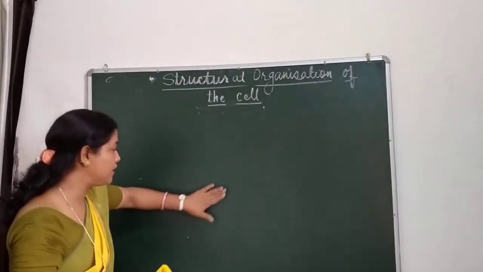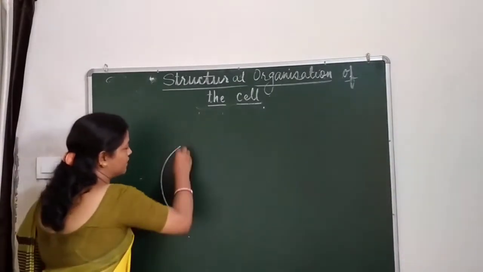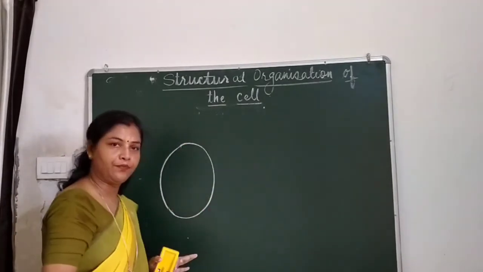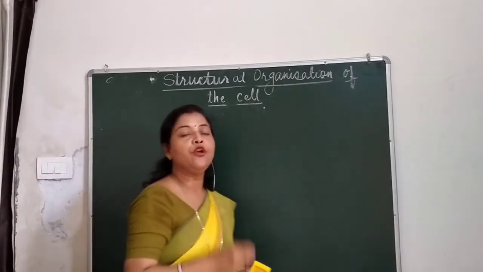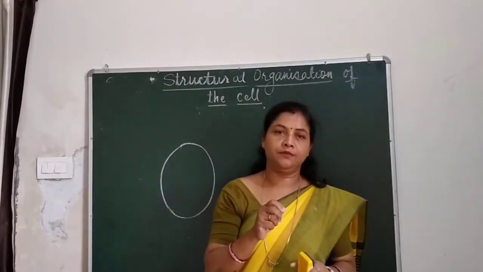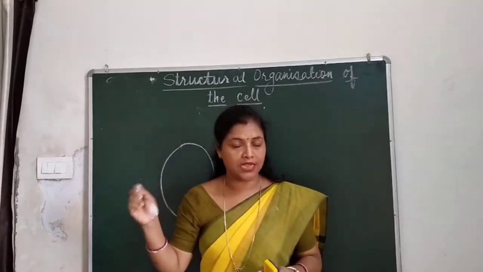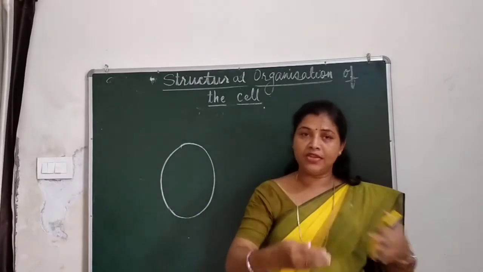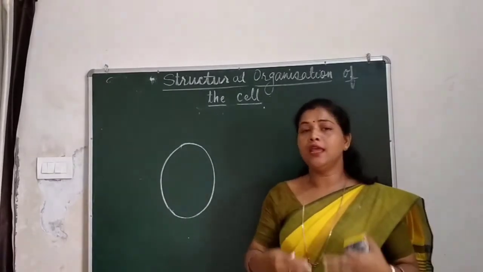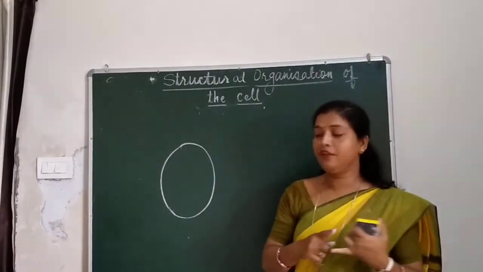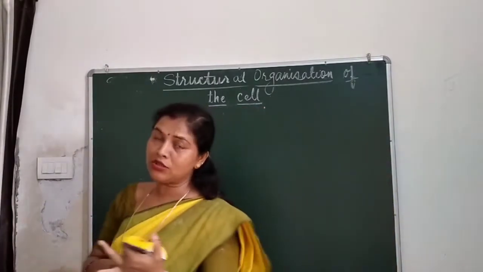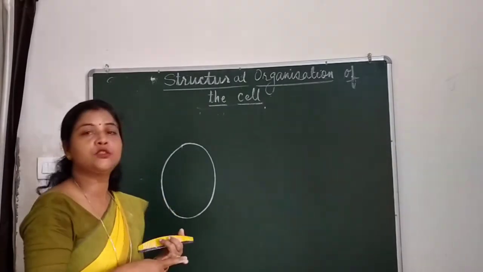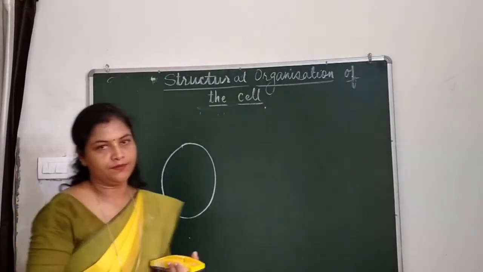Means what? How does this plasma membrane allow the substances to move in and out of the cell? This I will explain to you with the help of pictures. Why? Because there are some processes of letting the substances go out and in. They are osmosis, diffusion, phagocytosis or endocytosis. So let us know about these all one by one.